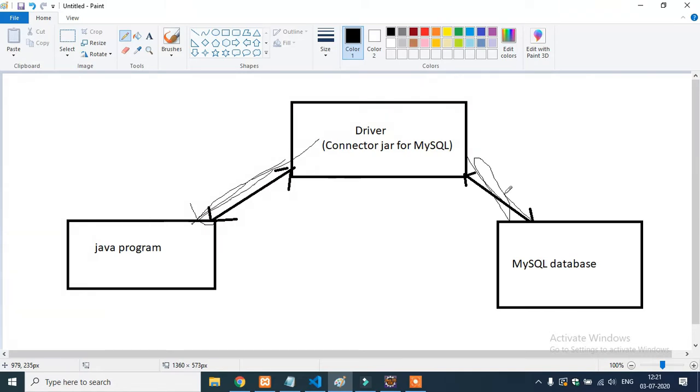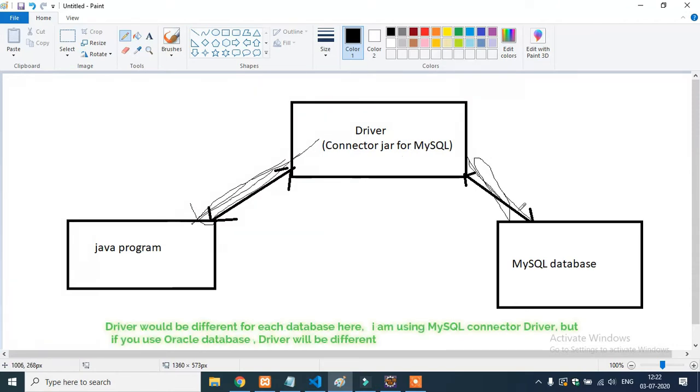And I will give you a simple analogy. Suppose when we write a program in any particular programming language, let's say Java, and we execute it, the computer cannot understand it directly, and that's where a compiler comes into the picture. Similarly, this driver is just like a compiler. It takes a Java program and converts it into a protocol the database can understand. Are you getting it, guys?